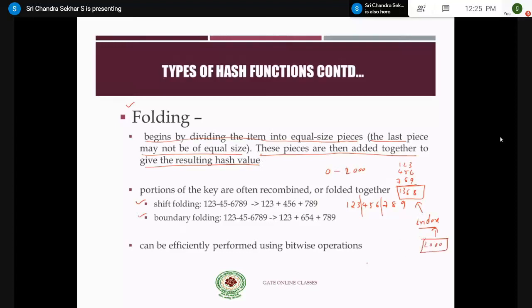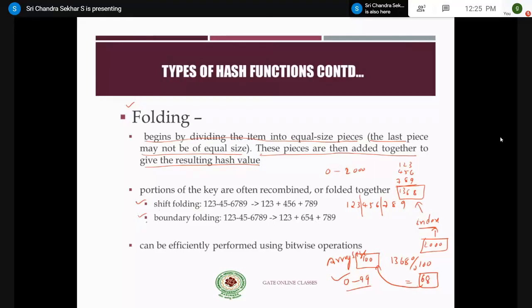For example, if you have taken the array size as 100, what you have to do is take 1368 modulo 100. You will get 68. So the index 68 is within the range of 0 to 99, which is valid, right? So this is what shift folding is all about.